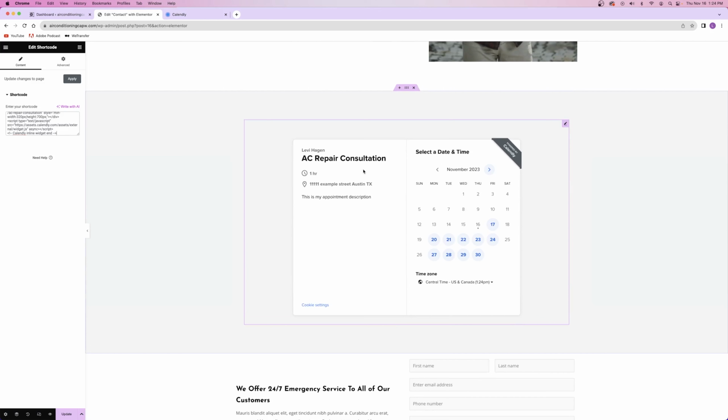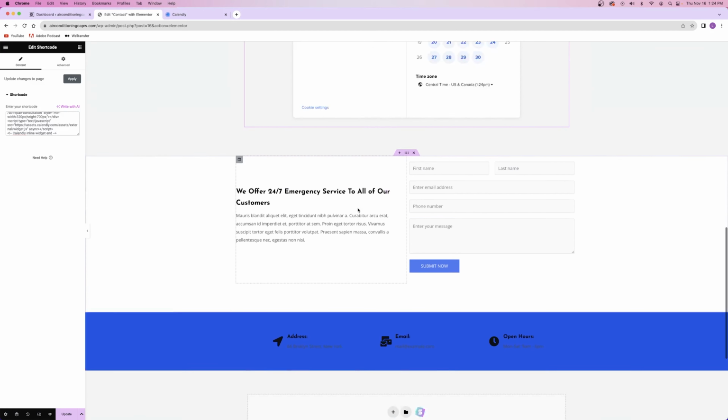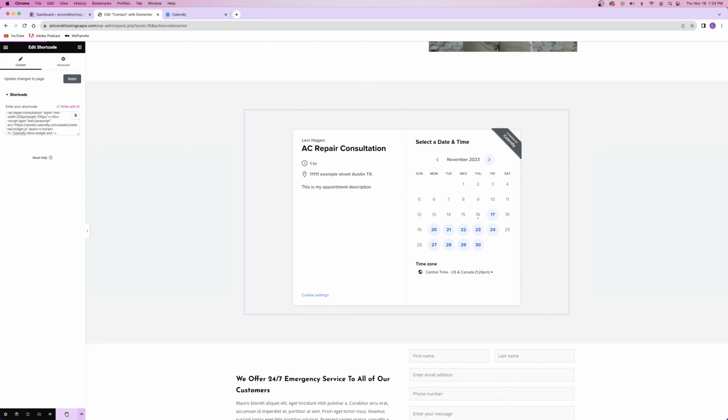So it already matches the black, white, and blue that comes stock with Calendly. So that was pretty cool. I already knew that was gonna be the color scheme, so that's why I chose the blue color. But you guys can do what you gotta do. I'm gonna click on update to save my work, and then we're gonna preview it on a new tab